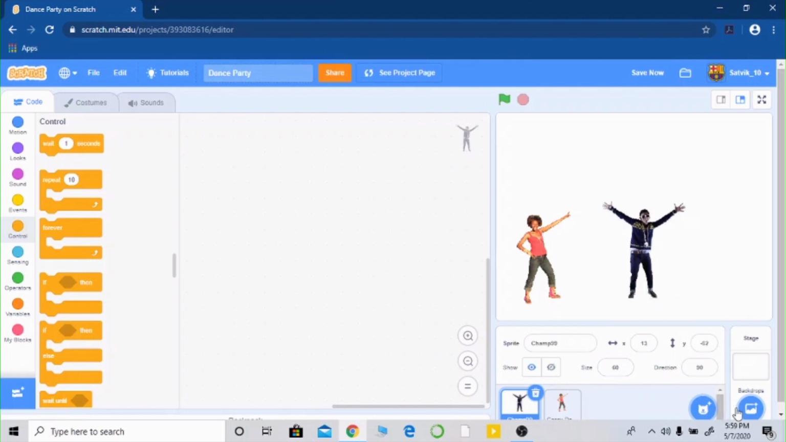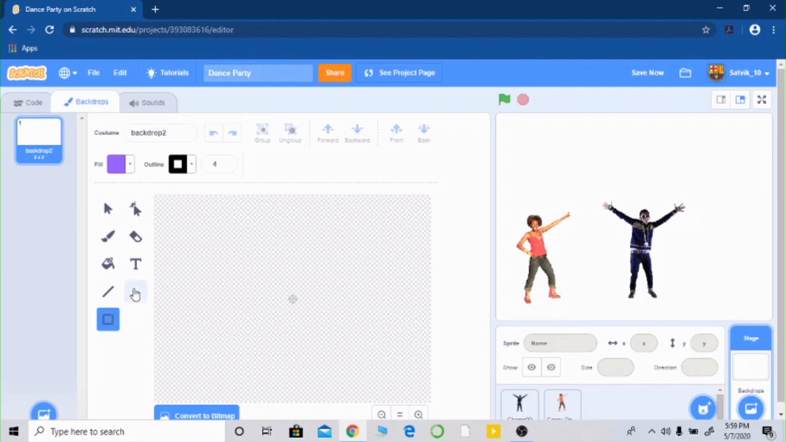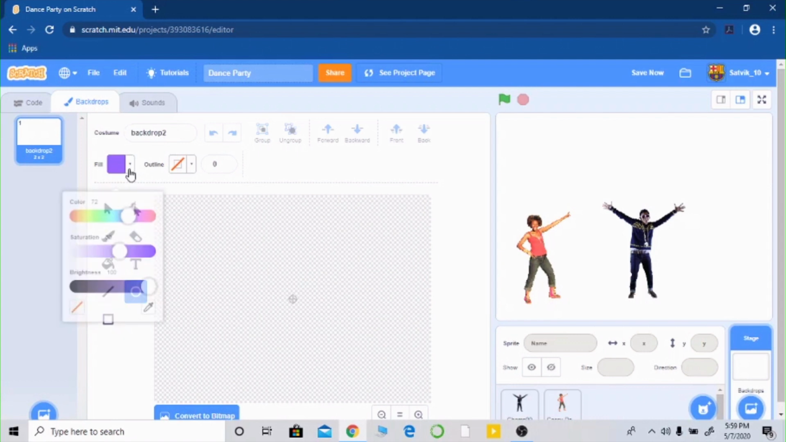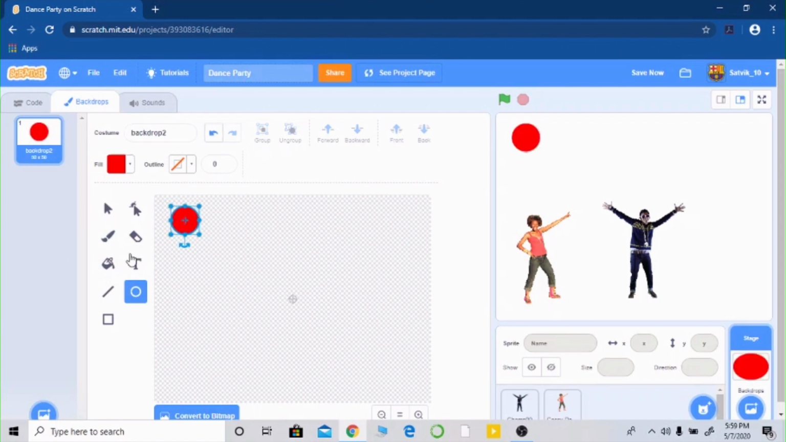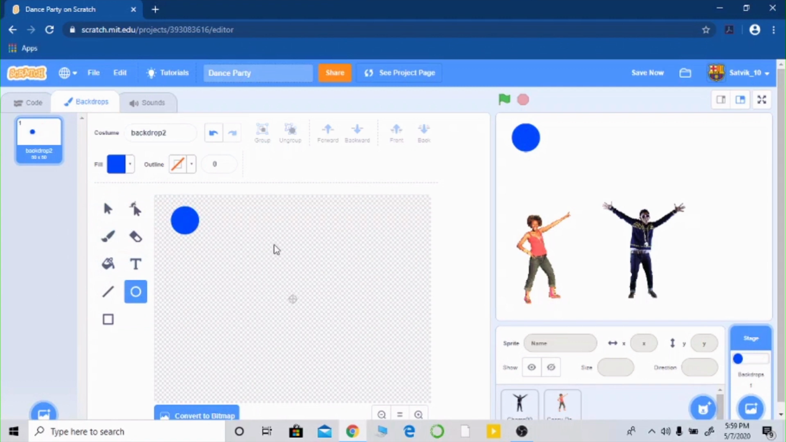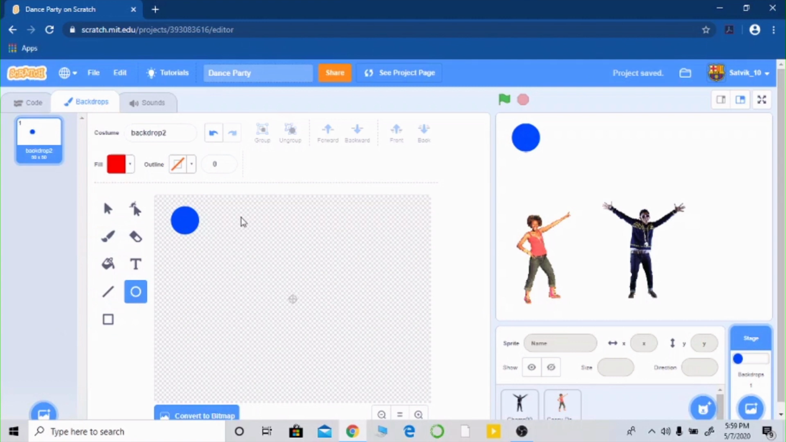Alright, so now you're gonna make a backdrop. So just click paint a backdrop and delete this one. Alright, so I'll just get this circle here. So let's do some red here. Red circle, and now you can do a right here, boom,